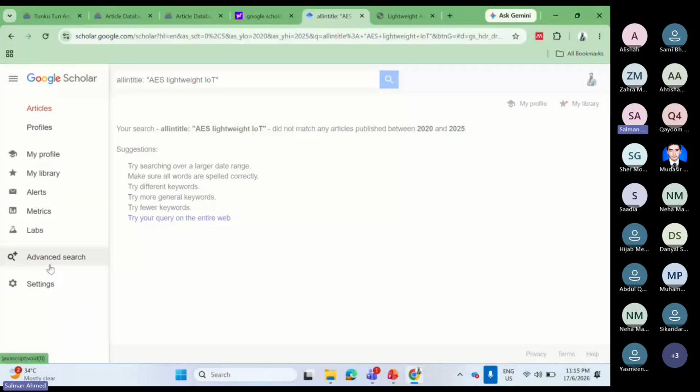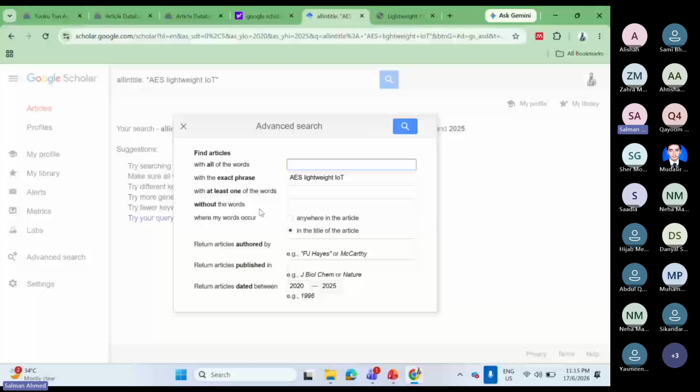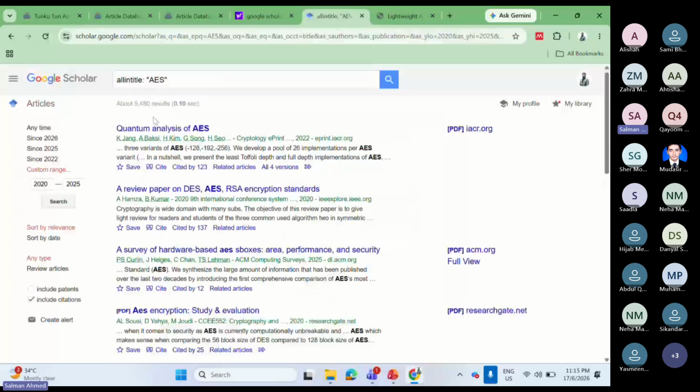So advanced research is basically that thing in which you are particularly focusing on all the things that we are covering. Now here I write just AES. Now it came for AES.